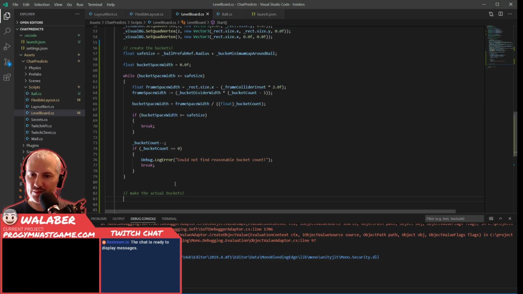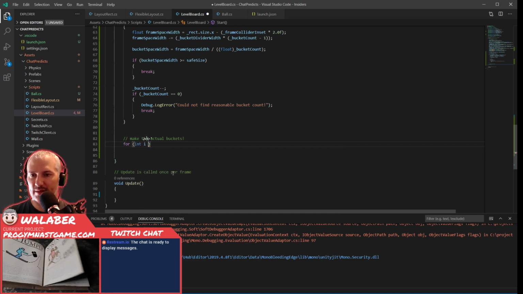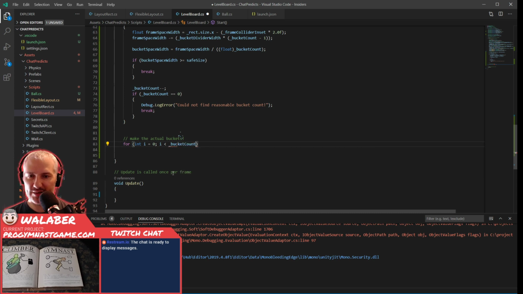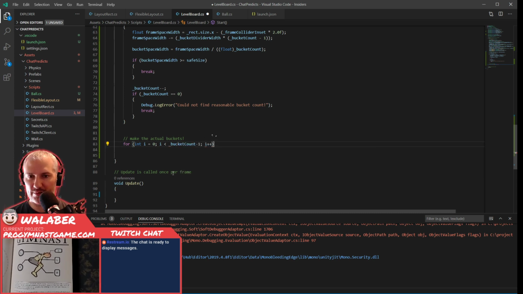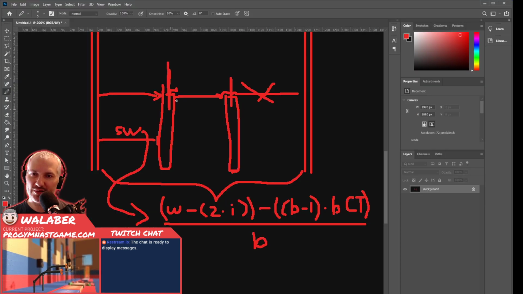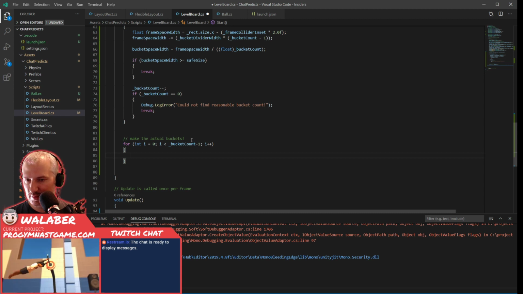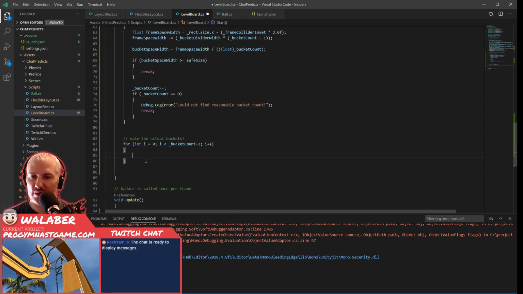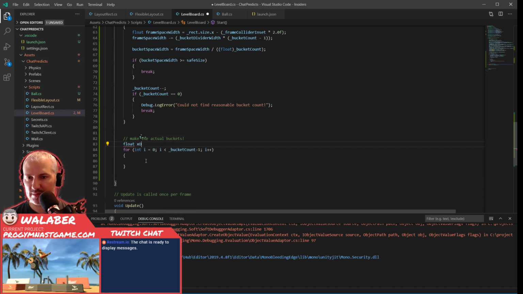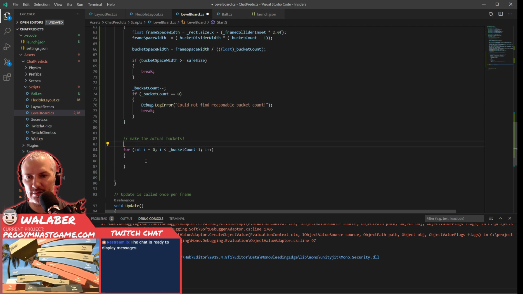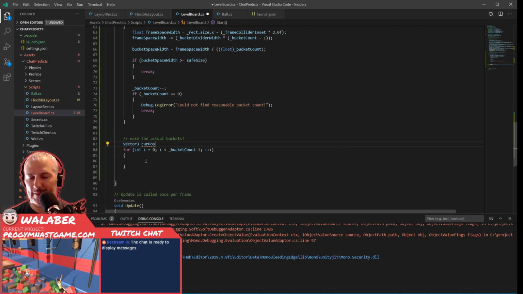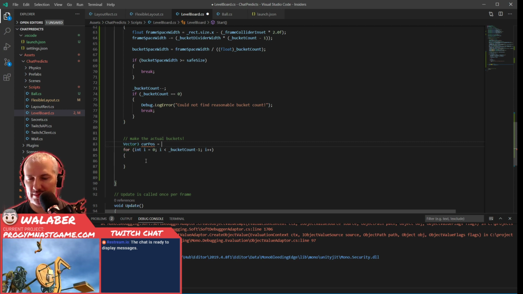Alright. So now we're going to say for int i equals 0, i is less than bucket count minus 1, right? Because this is 3 buckets, but we only need 2 iterations of this loop. Okay, so we're going to make a Vector3 called current position, and it's going to start at,